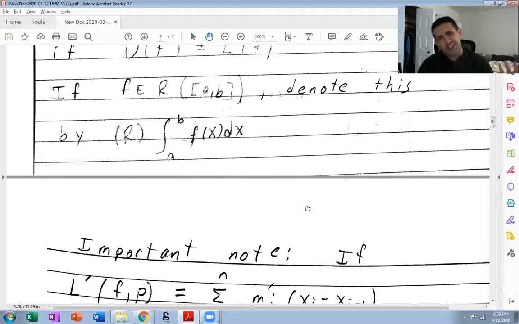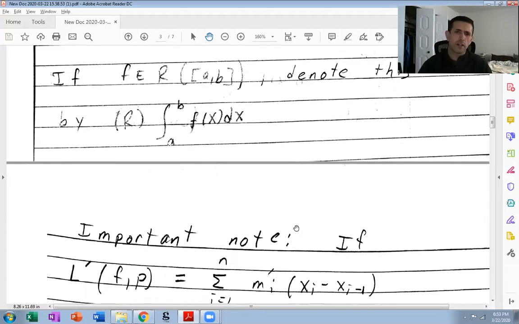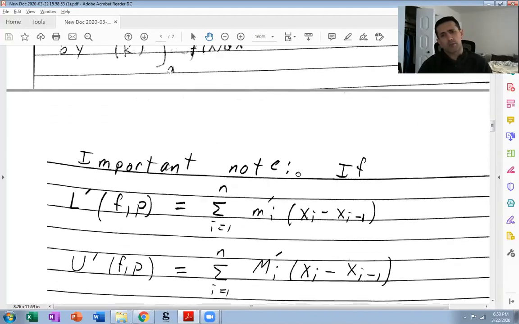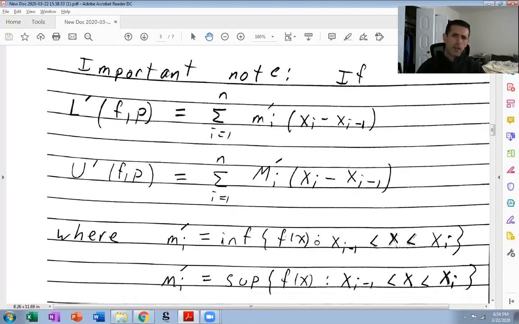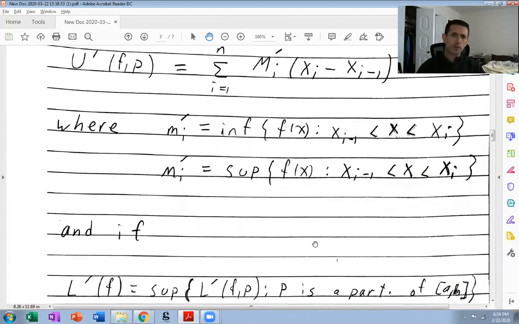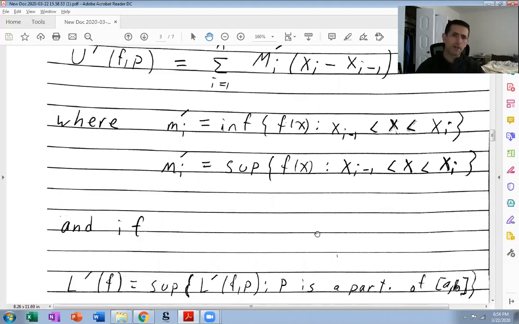Okay, so an important technical note is that we can define lower and upper Riemann sums in a slightly modified way. In particular, I can define the lower Riemann sum as a Riemann sum and the upper Riemann sum as another Riemann sum. We're basically using virtually the same heights as we did before, except we're taking the infimum over the open interval, not the closed interval. Okay. And if I do that, and if I define the slightly modified upper and lower Riemann